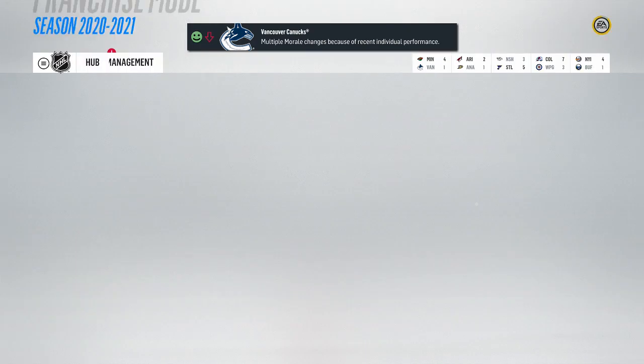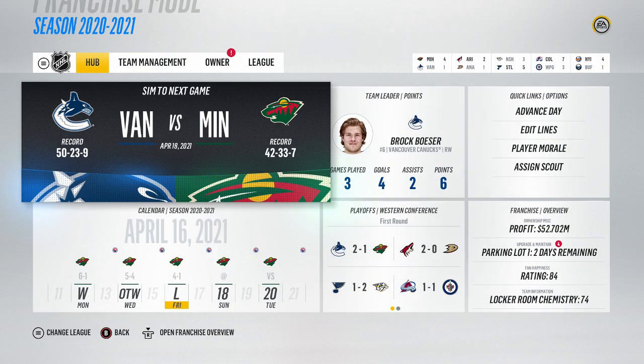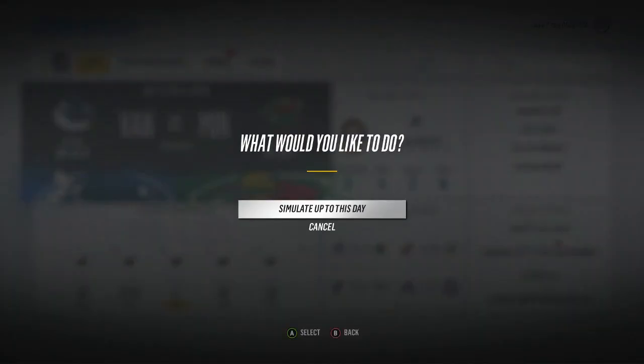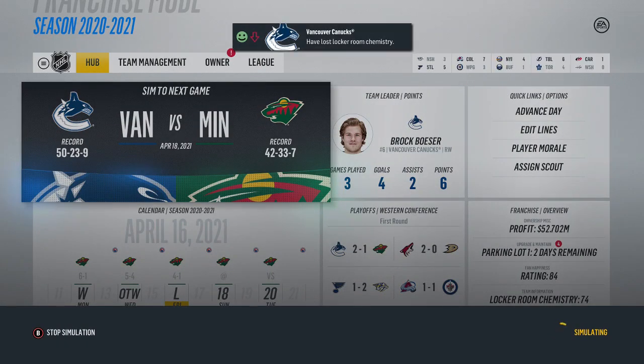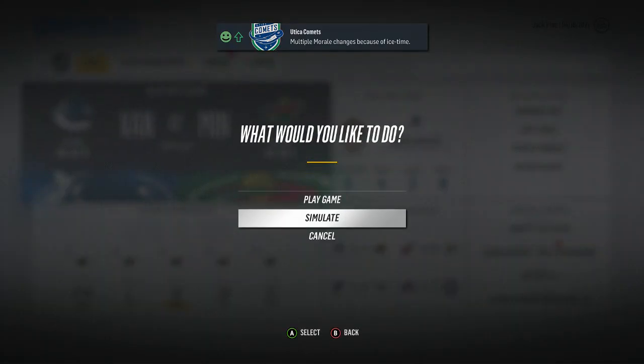Okay. All right, so we lost 1 game. We gave up 1 game after winning 2 straight. That's okay. I'm fine with that. I'm not too worried. All right, let's just go to game 4 here. Once again in Minnesota. All right, we're going to simulate...